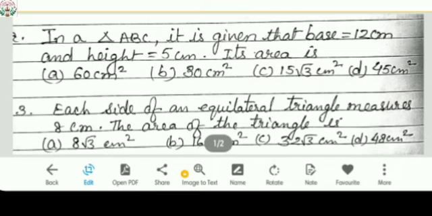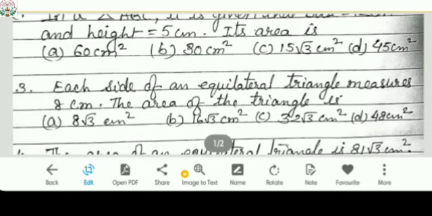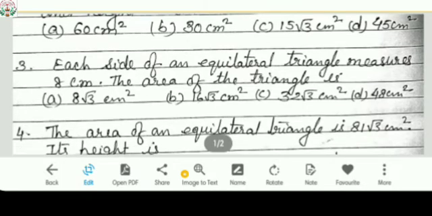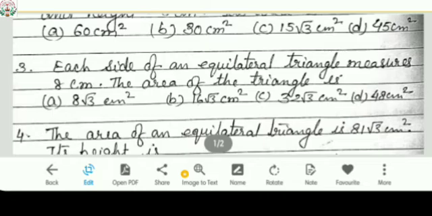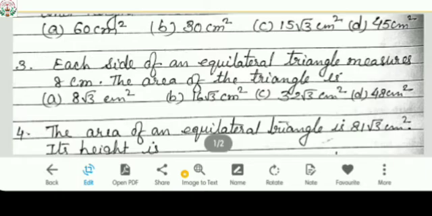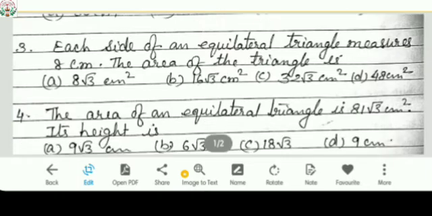You check it out. Then third question is, each side of an equilateral triangle measures 8 cm. We know that equilateral triangle means all sides are equal and all angles are equal. So here we will be dealing with the sides only. So all sides are equal. That means A equals 8 centimeter. Now the area of the triangle is, now equilateral triangle's area is what? We all know, that is root 3 upon 4 A square. So now A square means here A is 8. So put the value of 8 square, whole square, do it. And then simplify, see which answer you are going to get. Check it out from out of the 4.